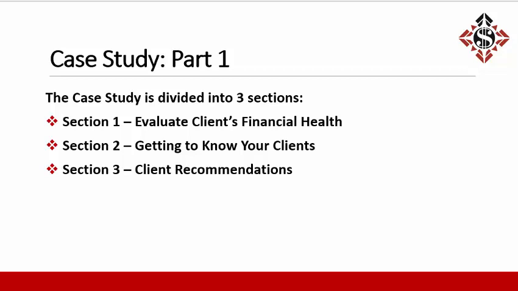a summary about how their money personalities and financial statements are linked. You will need to calculate and understand how to explain their financial ratios and how they relate to the benchmarks. And finally, in Section 3, you will use all the information that you have gathered and learned throughout the unit readings to provide your client with advice on where they can improve their financial health. You must then explain the techniques you will use to encourage the clients to start budgeting. Then you will create 3 questions to ask your clients in the next meeting.